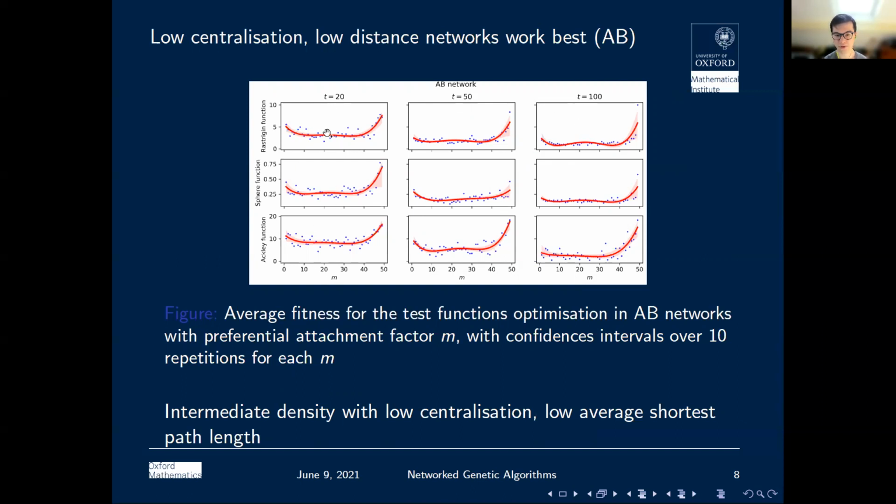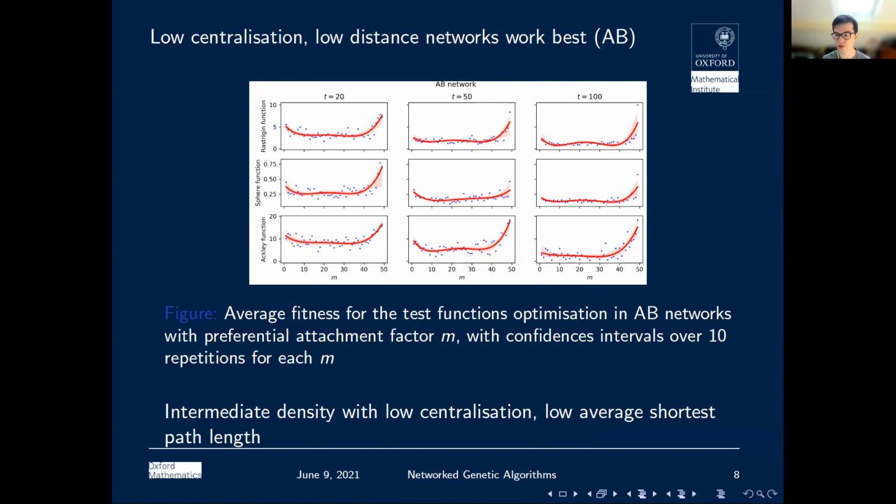What's important about these intermediate-sized networks in terms of proportional attachment strength M is that they exhibit what in network science is called a low average shortest path length. The average shortest path length is the average of all the shortest paths between any pairs of nodes in a network. So a very low average shortest path tells you that it's very easy to travel from any node to any other node. The network has good connectivity inside. It's very easy to transmit information from one part of the network to another.